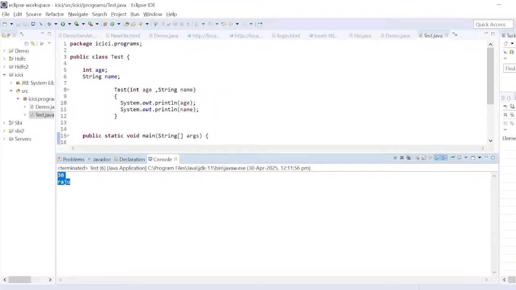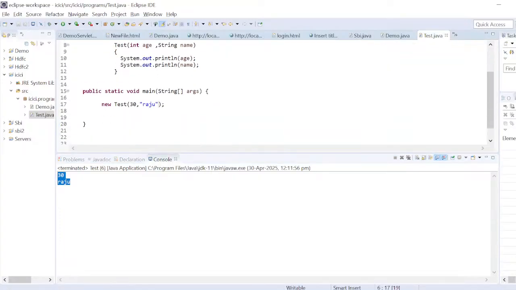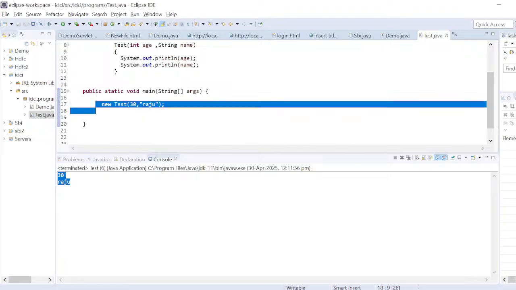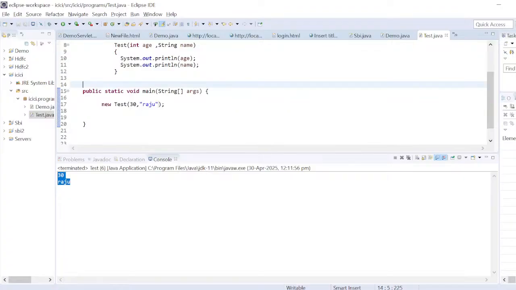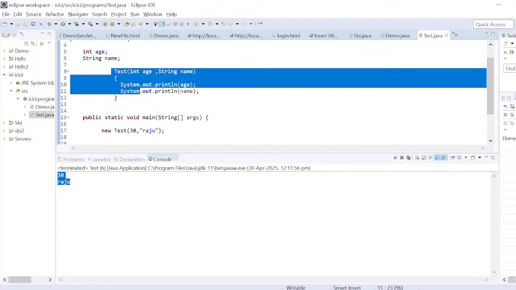So here, did I initialize any value? No, I did not initialize any value. But I am initializing the values through the constructor. That is the concept of constructors. So here we are passing the parameters. This is called parameters constructor, and this is the scenario number 2. So in the scenario number 1,